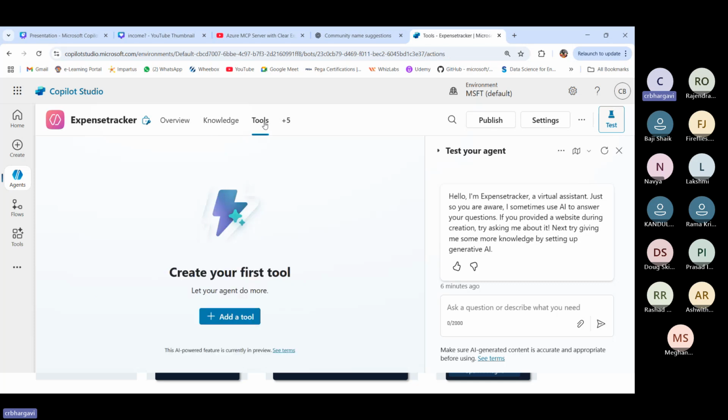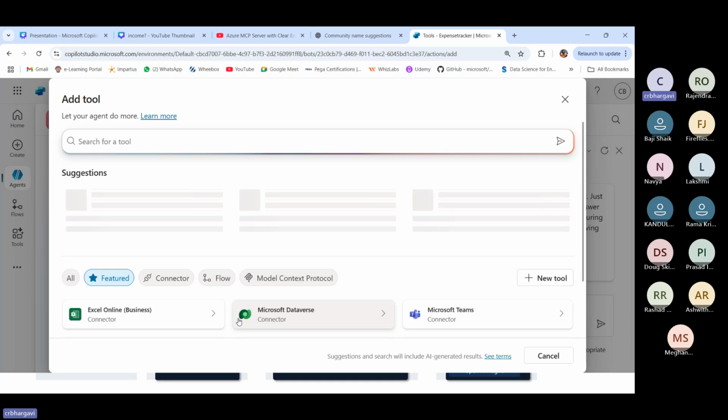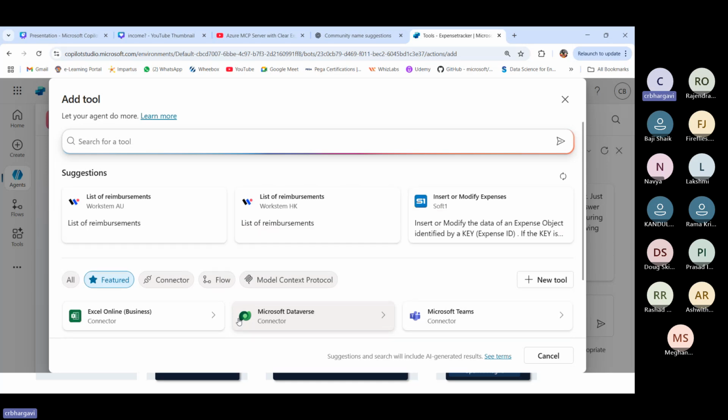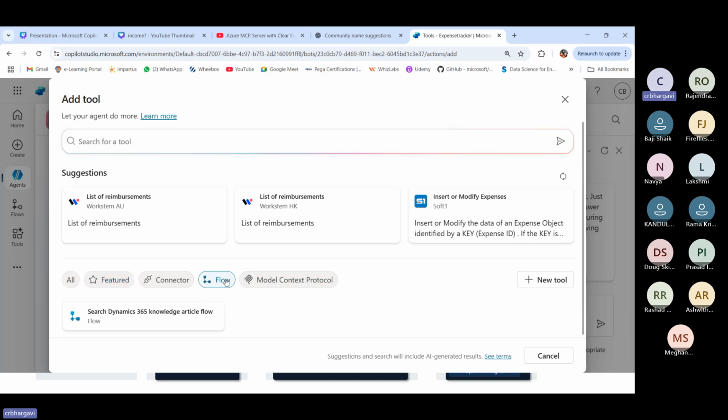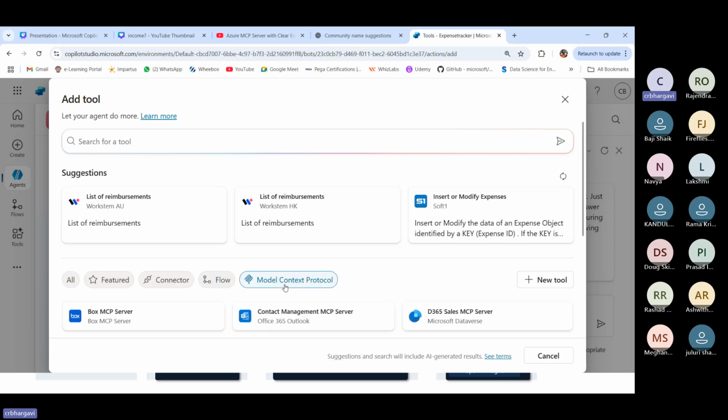So for tools, it's something like when you connect it via Power Automate or Excel, or when you want to add that to the Teams, then you have different things being added here, right? So the search dynamics, sorry. So you have the MCP being added as well, wherein you can connect your MCP server directly